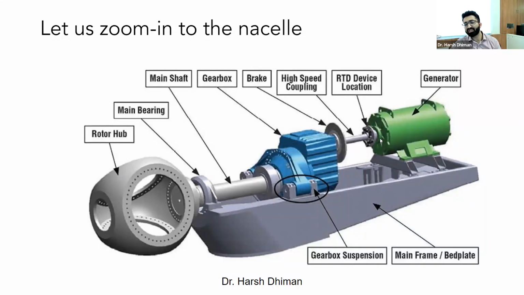So there are two important components right after the gearbox. What you have is a high speed shaft because the generator is rotating at a speed of 1800 to 2000 rpm, whereas your rotor is operating at a very low speed. I would say the maximum speed that the rotor can go is 60 rpm. So from 60 rpm to 2000 rpm, your gearbox is basically amplifying. And the majority of the damage happens in the gearbox part only.